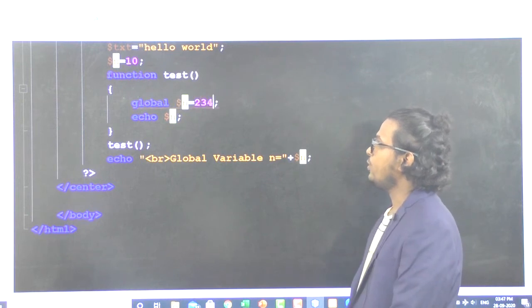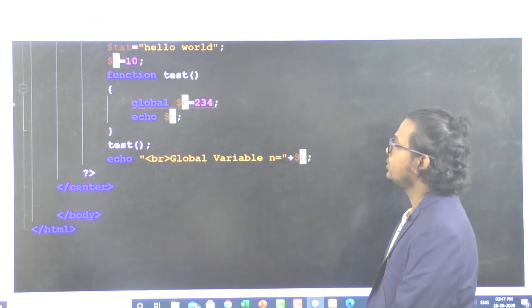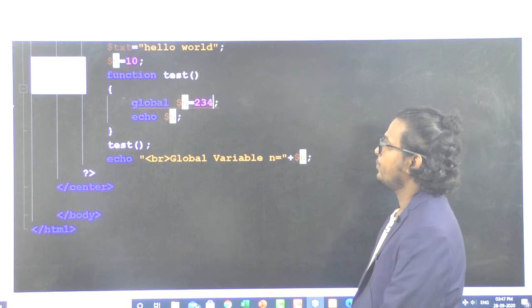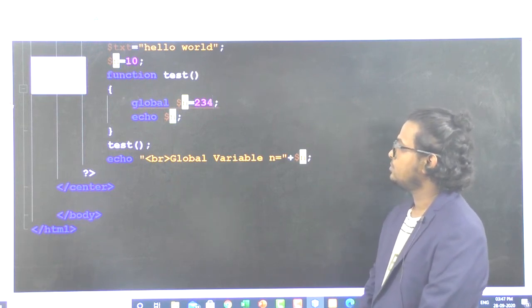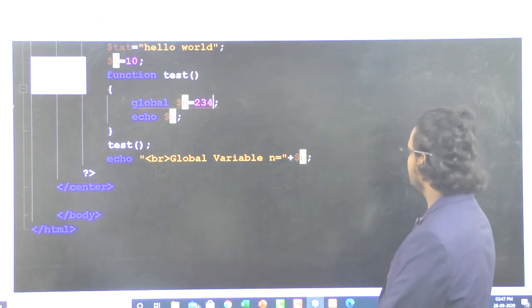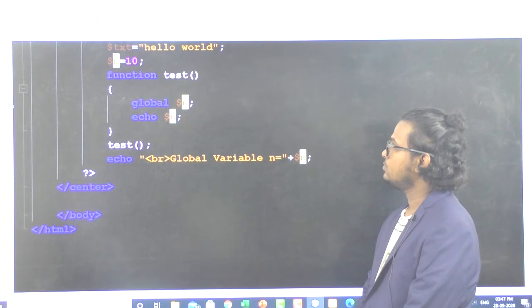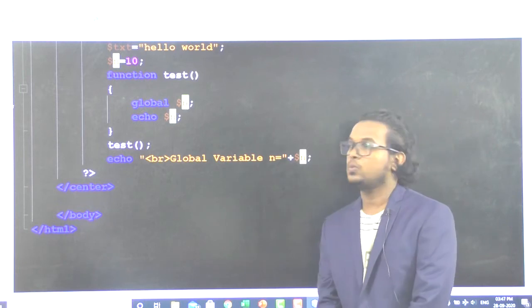Here I am assigning one more value, global $n equal to 234. If you want, you can make some modifications to that n value.